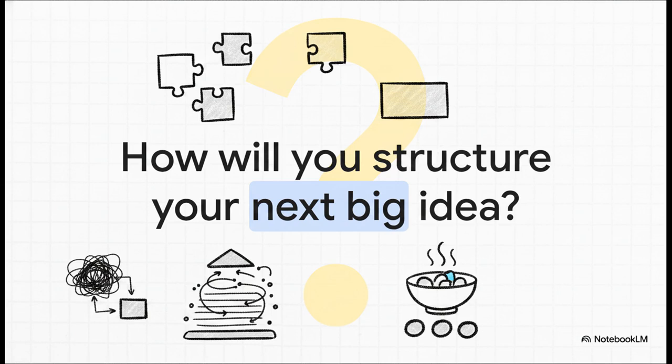Well, we've deconstructed the chaos and we've revealed the recipe. You now know that a truly powerful paragraph is built on a specific controlling idea, reinforced by focused supporting sentences, bound together by cohesive transitions, and served up with a summarizing conclusion. You've got all the ingredients. So armed with this blueprint, how are you going to structure your next big idea?